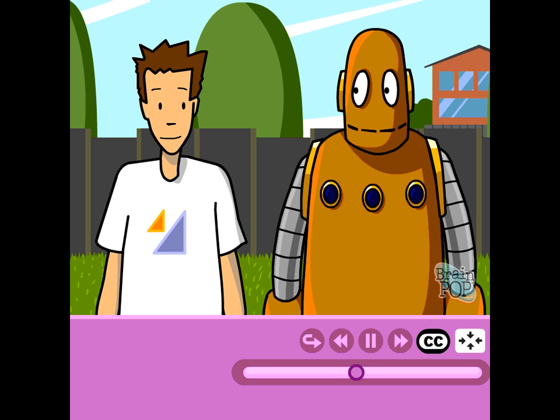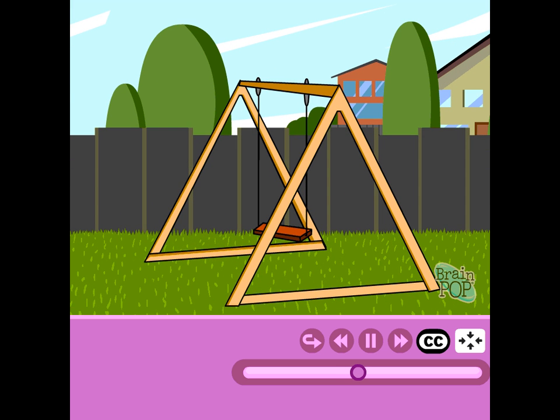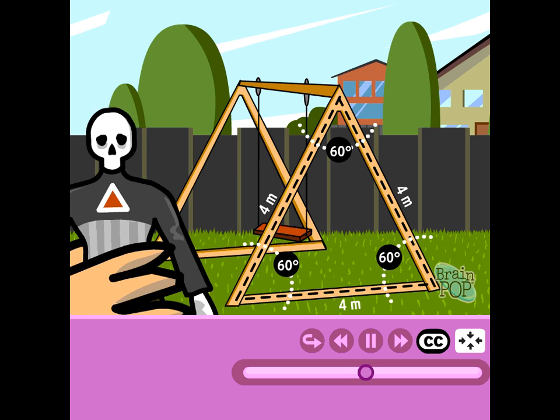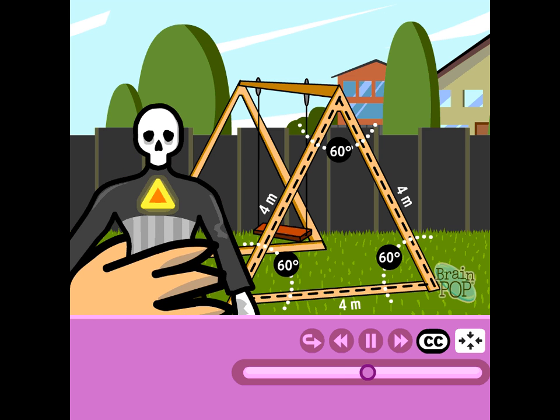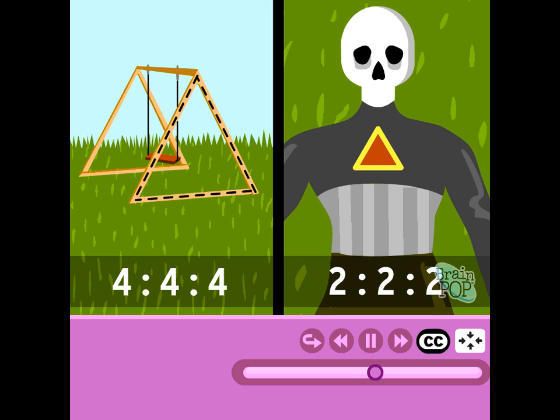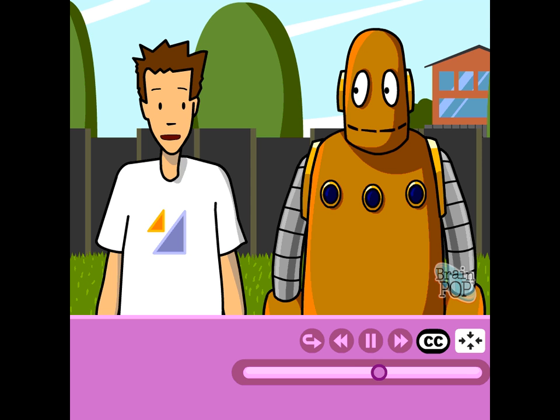Good idea. Let's compare Captain Evil's triangle with the triangle formed by the ground and our swing set's legs. The angles of this big triangle are all 60 degrees, just like the triangle of evil. And since the sides are all the same length, they form the same ratio with the corresponding sides of the smaller triangle. So they're officially similar. Right, even though the swing set triangle is much bigger than the triangle of evil, the corresponding sides have the